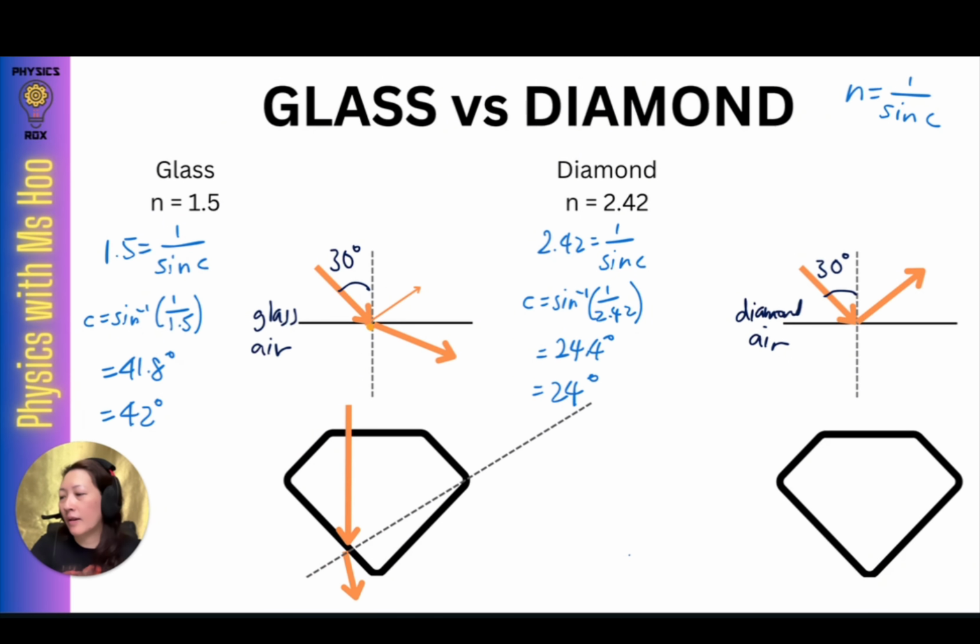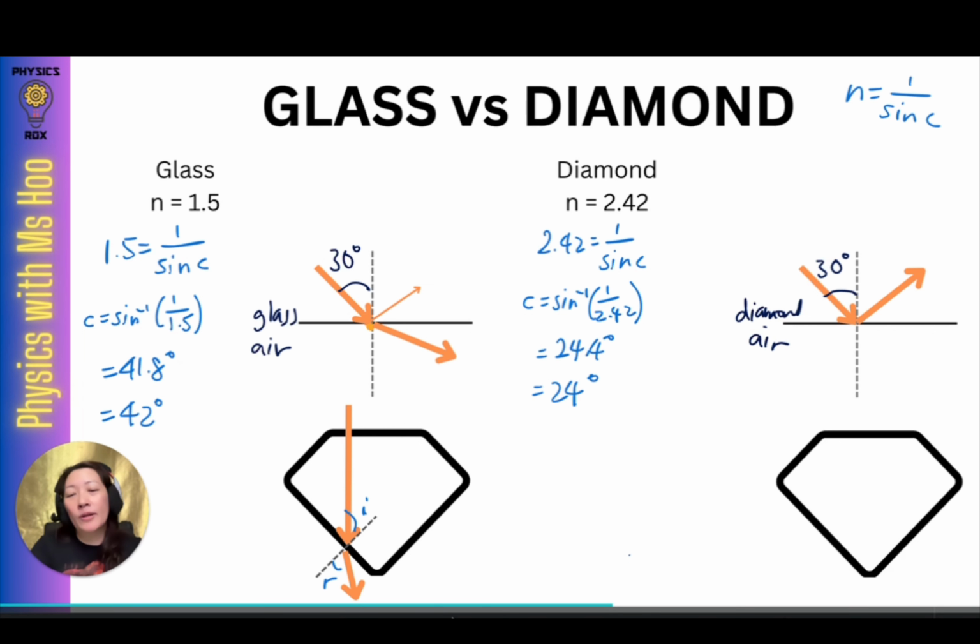like so. I'm just going to put a normal line here to help you visualize better how the angles are. So the normal line is normal to the boundary at where the arrow reaches the point on the boundary. So here we have the incident angle and the refracted angle. You can see that the refracted angle is larger than incident angle. So what I'm trying to show you here is that the light ray ends up refracting out of the glass